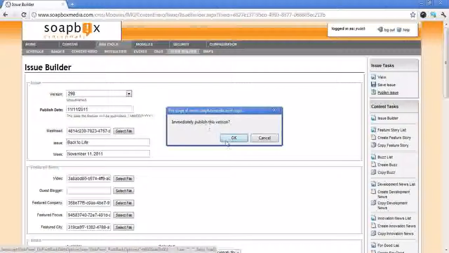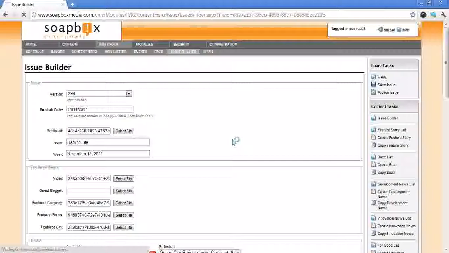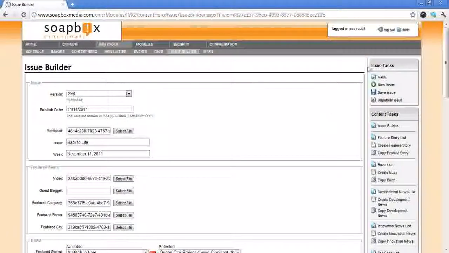All you do is just hit Publish Issue. Say Publish Immediately. You can say OK because you know that your publish date is properly set for that future date. So you click OK. And now you see all your only option is